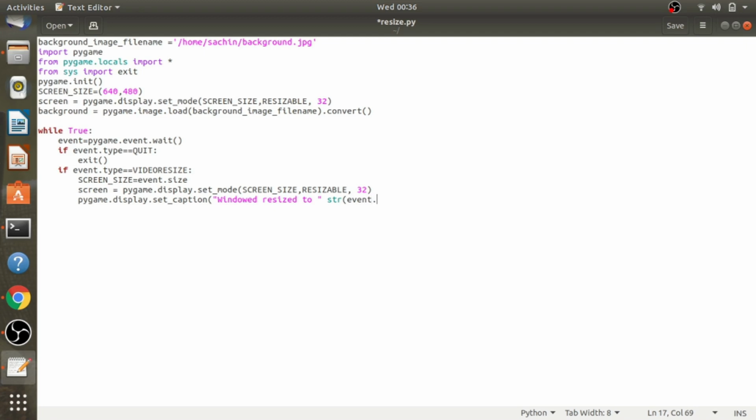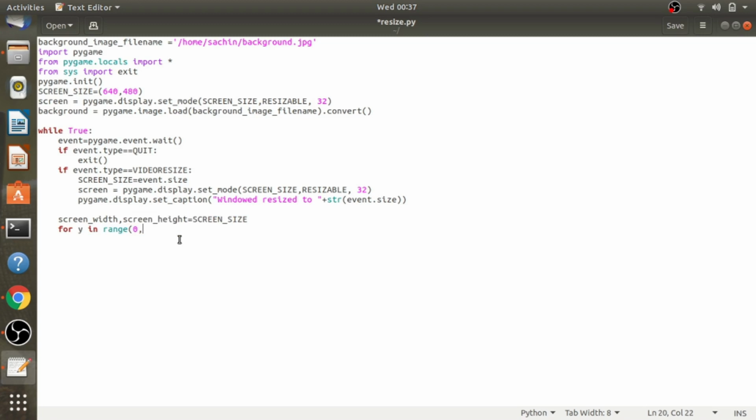Okay. Now here I am declaring two more variables, screen width and screen height, and here we are storing screen size. So basically screen_width, screen_height is equal to screen_size. Okay. Because the display size can vary with the script, we draw the background slightly differently here. We will blit the background image as many times as necessary to cover the display, right? We will do two calls to range to produce the coordinates needed to place these multiple background images.